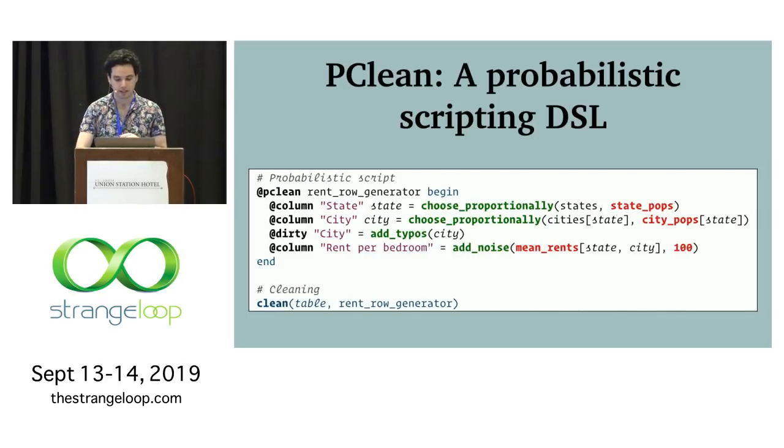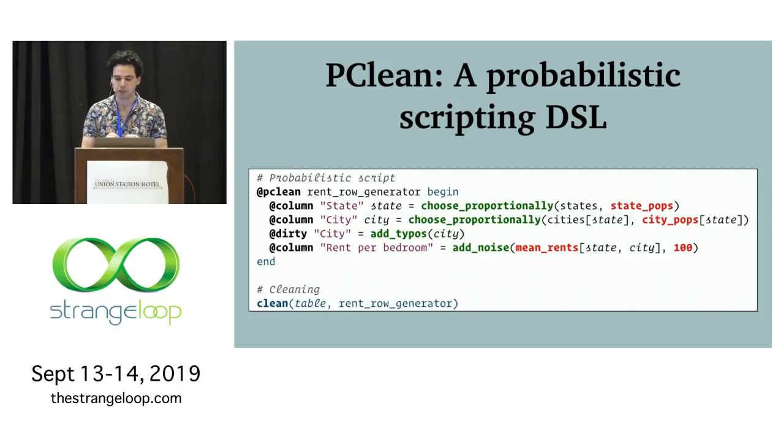Now, it's worth noting that humans actually do bring a lot of this information to the problem. The reason that we were able to look at just 5 rows of data and clean it is because for our whole lives we've been learning that rents are expensive in New York. For our whole lives we've been learning what cities exist in the United States, things like that, and which states have bigger populations and which cities have bigger populations.